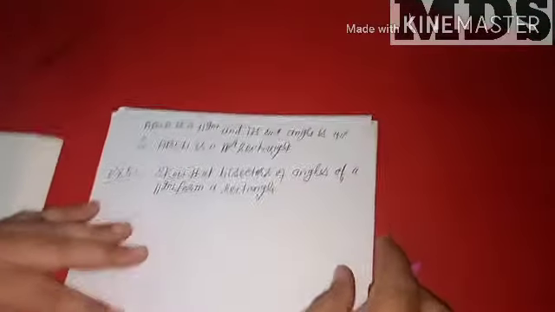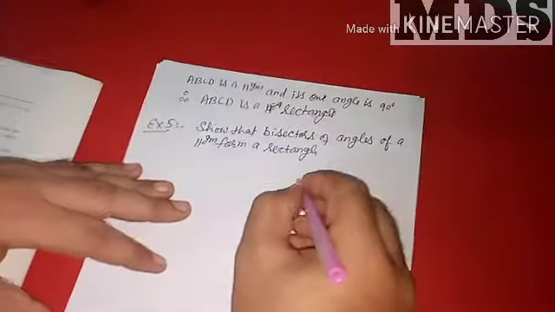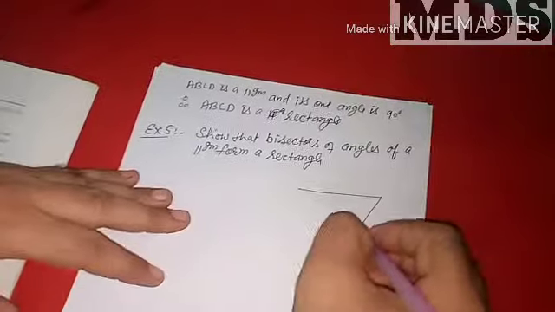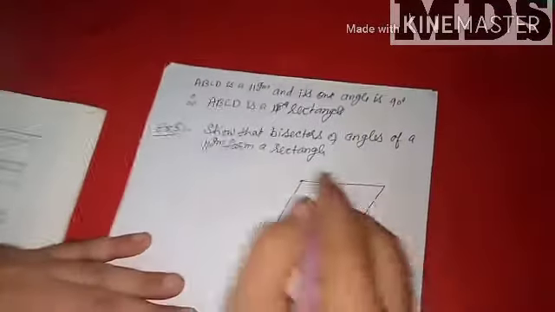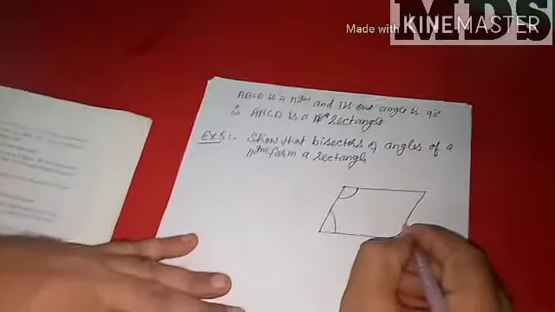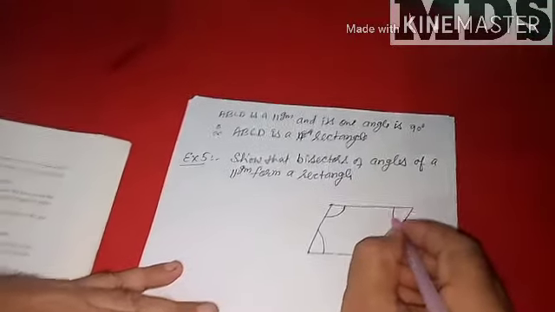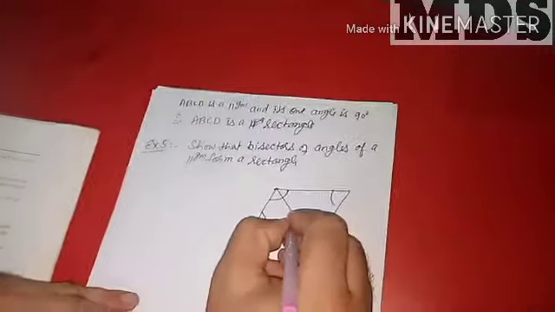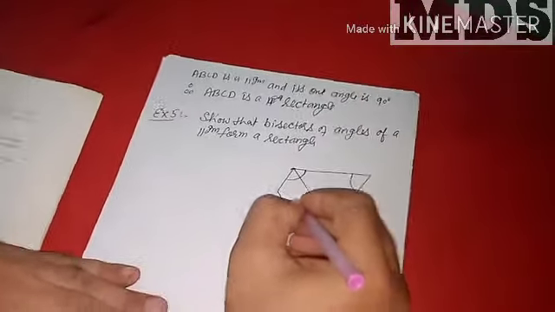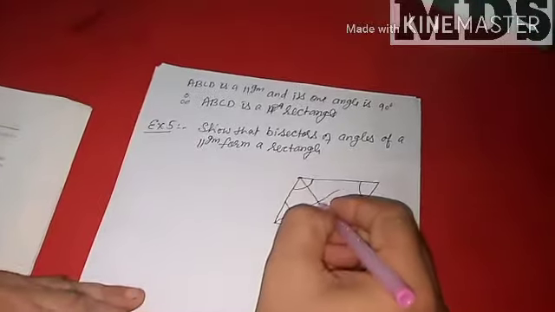So what's given to you? It means you are given a parallelogram. Parallelogram, you know the properties of a parallelogram. So one angle is this, another angle is this, third angle is this, and fourth angle is this. Understood? So its bisectors. Yes or no? And its bisectors cut like this, coming like this.